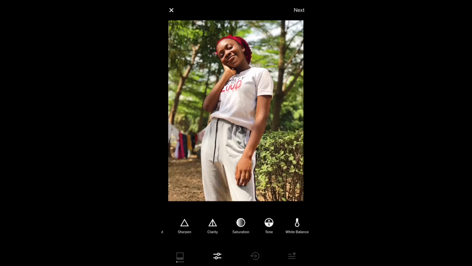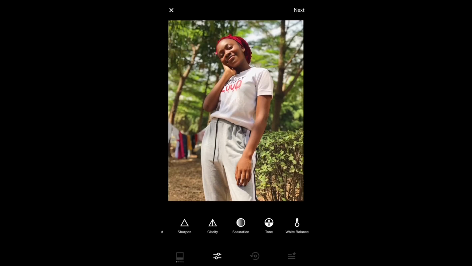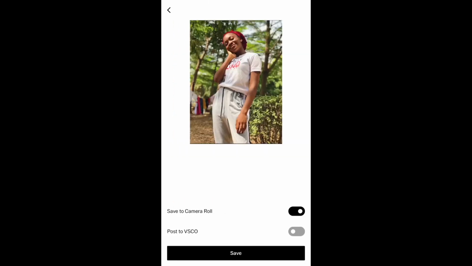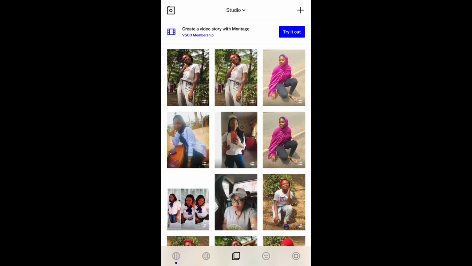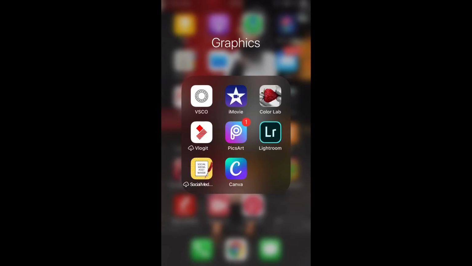Then use tone. For highlights we're going to use 1.4 or 1.3. Then for the shadow I'm going to use 1.1. Yes, 1.1, and that's all I do with VSCO. Then click on next, then you save it. Finito. So for the next step, for stage 2, we are going to use Lightroom, and Lightroom is going to